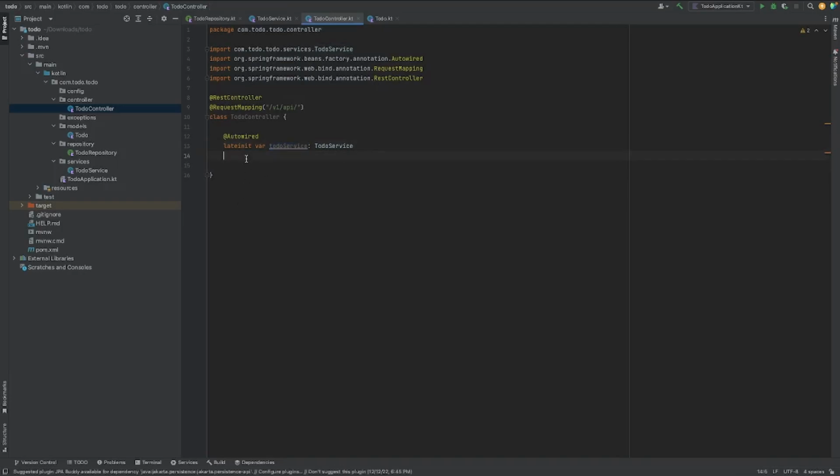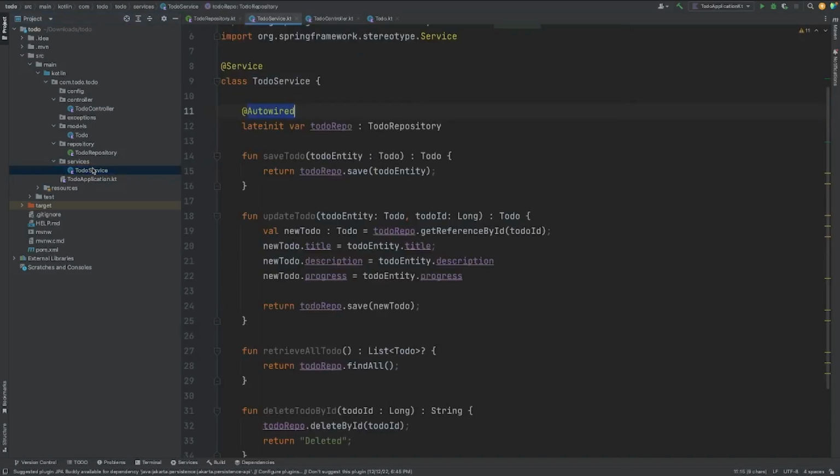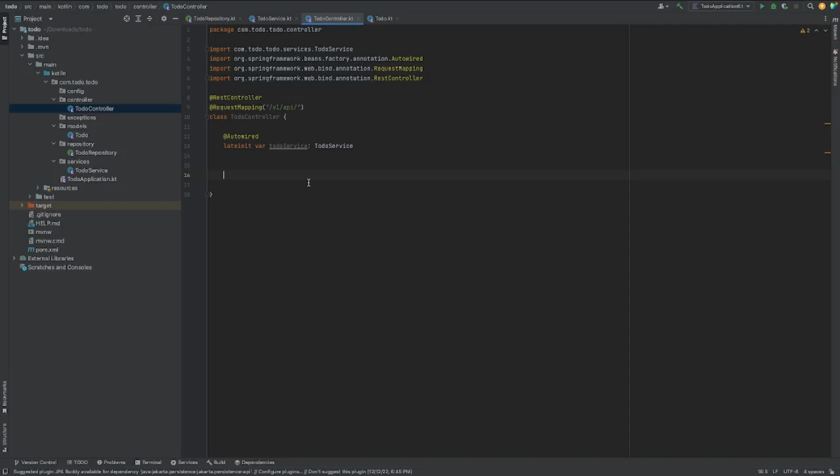So the first thing that we created in the TodoService is to allow users to be able to save a todo, right? So now I want to be able to create a method handler that will handle when a user sends a post request to this endpoint, right? So they send a post request to v1/api. I want to be able to create a method to save that information to the database because they're sending a post request with a todo information. So to do that, we're going to use a thing called